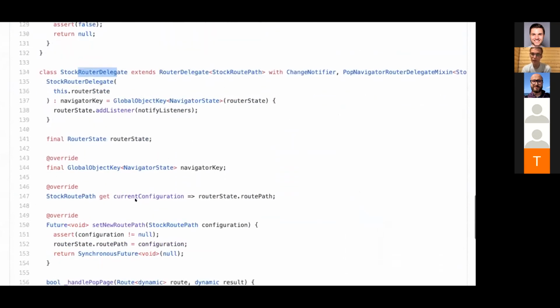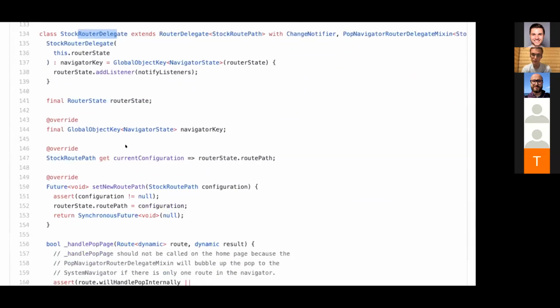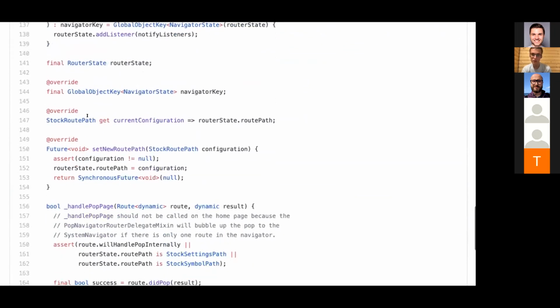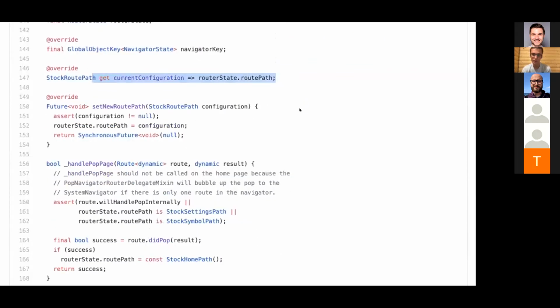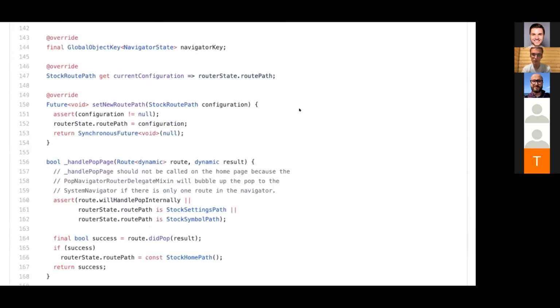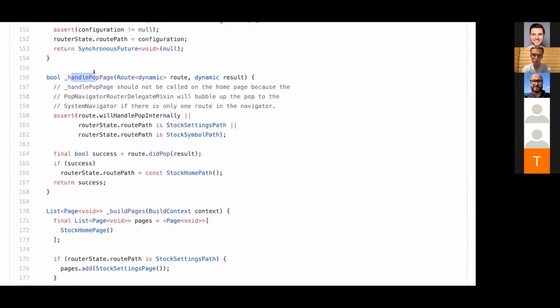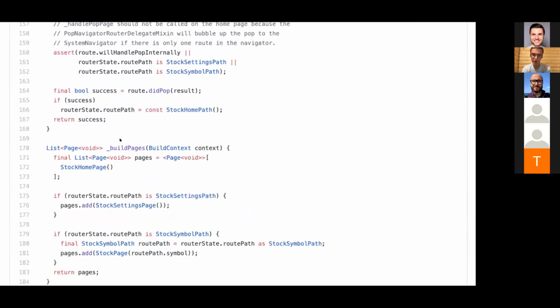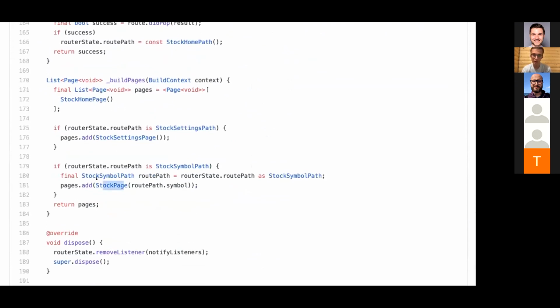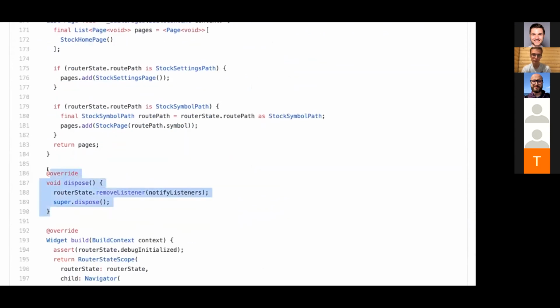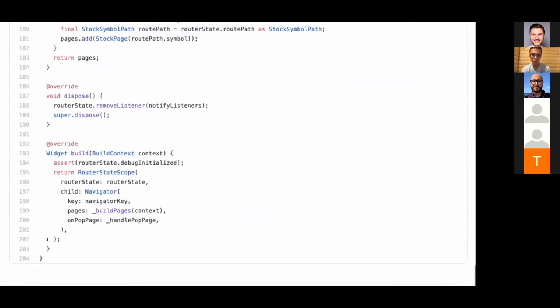Again, we don't have much time to go through it, but here's the sample implementation. We have our navigator key, we have our current path, we handle pop, and we build the pages that we want to build. Let's say if you want a settings page or a stock page, of course you need to provide those. And here you will have your build method from the router delegate.